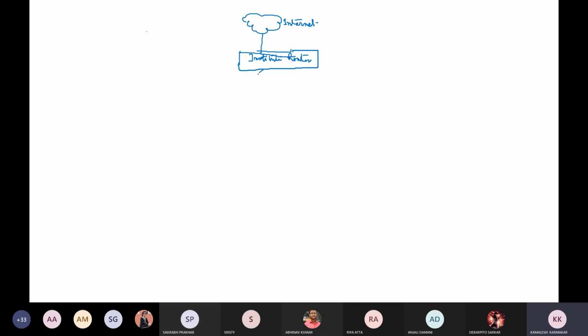Now from this router, we are dividing this connection into multiple departments. So say this is the CSE router. Similarly, there is an IT router.